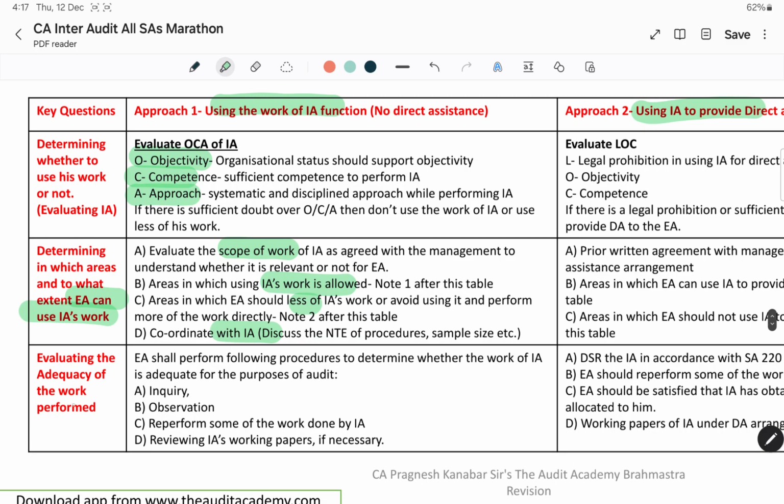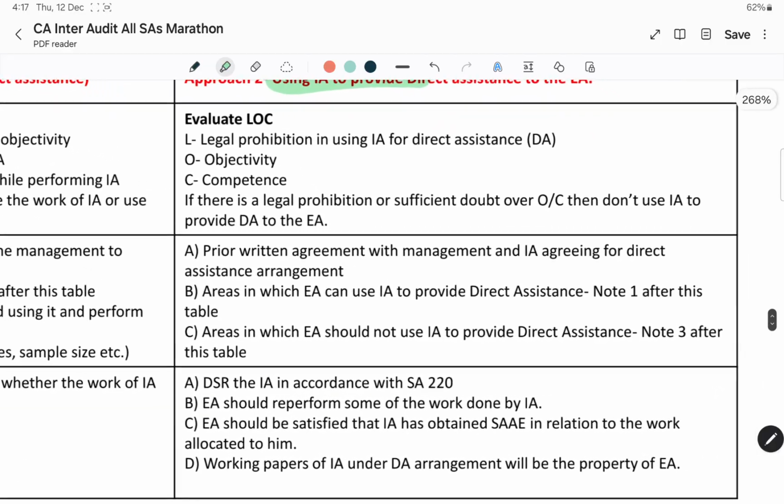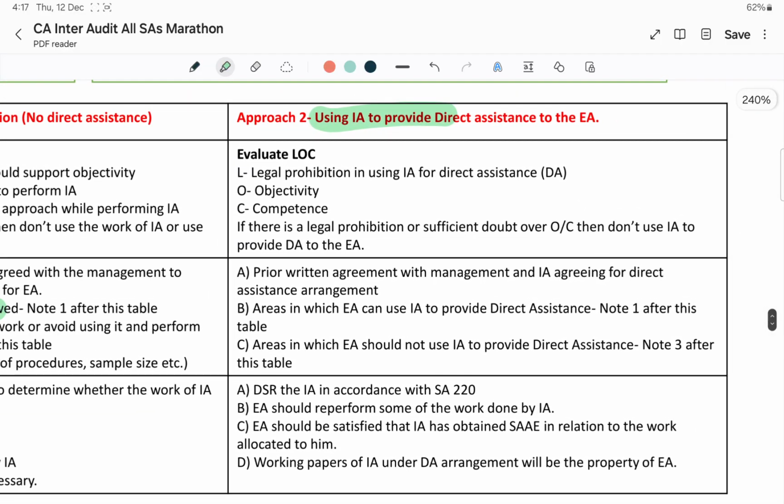Evaluating the adequacy of the work performed. The external auditor shall perform the following procedures to determine whether the work of the internal auditor is adequate for the purpose of the audit: inquiry, observation, re-performing some of the work done by the internal auditor, and reviewing the internal auditor's working paper if necessary. Using internal auditor,